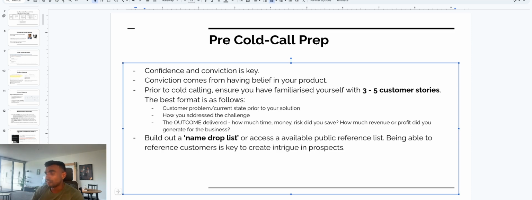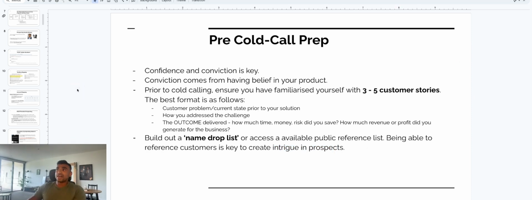So I've been a big fan of name dropping because name dropping is a great way to create intrigue, right? It's like, oh, wow, you work with them. I didn't know you work with them. That's really interesting, right? So you want to be able to use it to create intrigue in prospects. Okay. That is some background work that you want to make sure you do prior to starting to aggressively prospect,